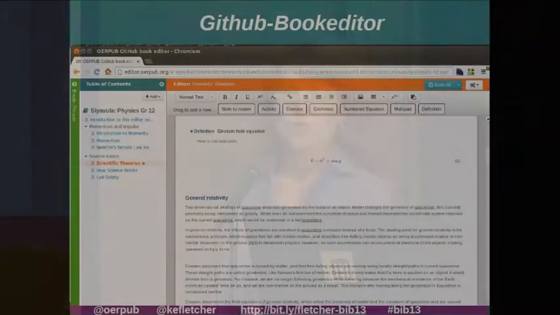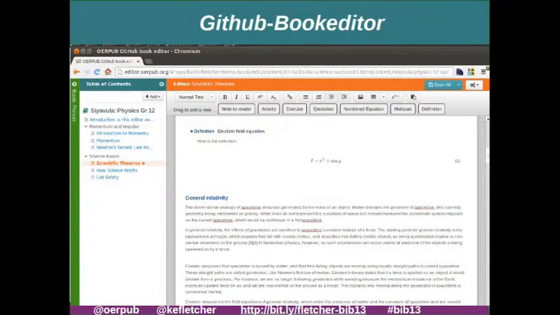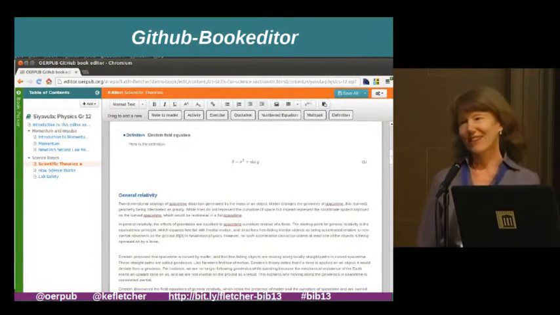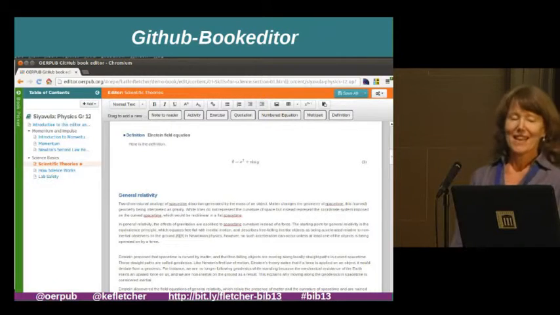but I'm just going to do screenshots because I'm a huge chicken and there's no way I'm demoing live. Anyway, this is GitHub Book Editor. Also, after you play with it, if you want to send me name ideas, because I'm very, very bad at naming things, don't meet my children. Anyway, no, their names are very nice, but anyway,